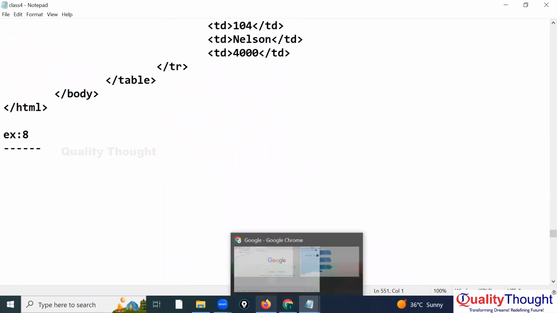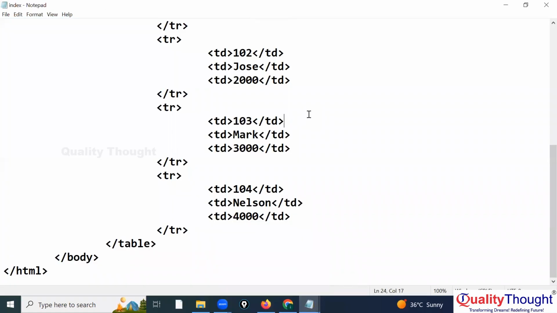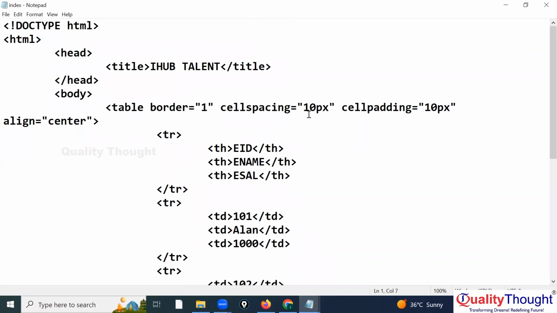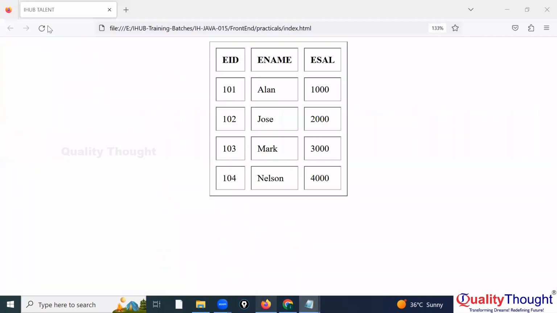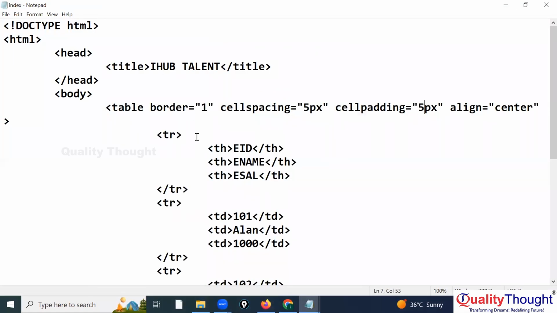Okay, anyhow, I kept it in the center. But what will I do now? I took this one. Very good. Center I took. But what will I do? Cell spacing, I will take only 5 pixel. Cell padding also, I will take 5 pixel. Very less. I don't want to take more. But I want to increase the width. So I will say width is equal to